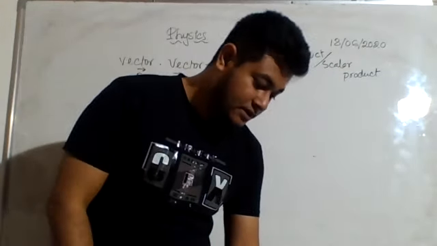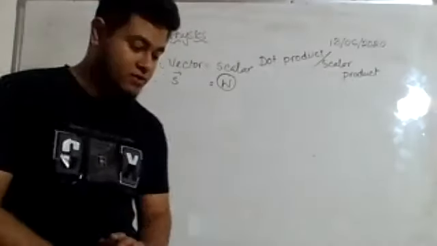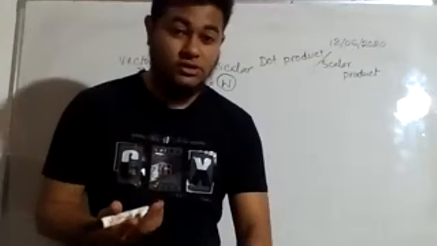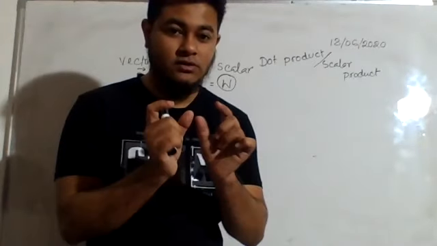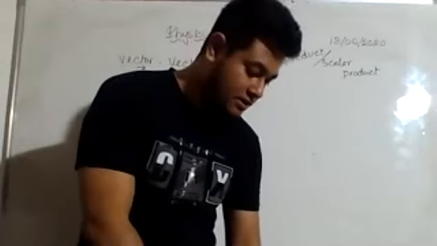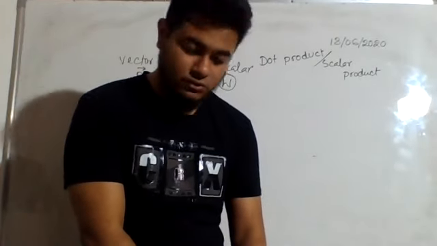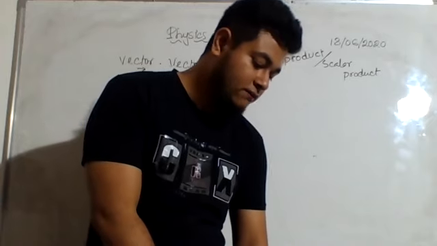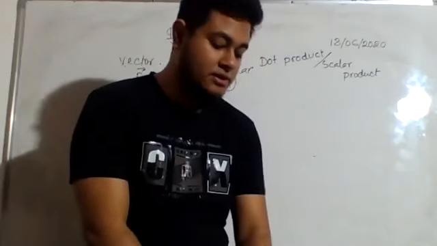Okay, I am going through the definition of multiplication. The multiplication of two vectors by which a scalar quantity is obtained: we will multiply two vectors and a scalar quantity will be obtained, and that is called scalar multiplication. We know that already. Now, the product of the magnitudes of two vectors and the cosine of the smaller angle between them is called the scalar product or dot product.